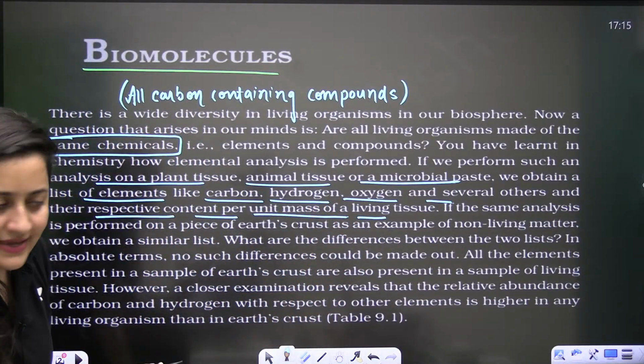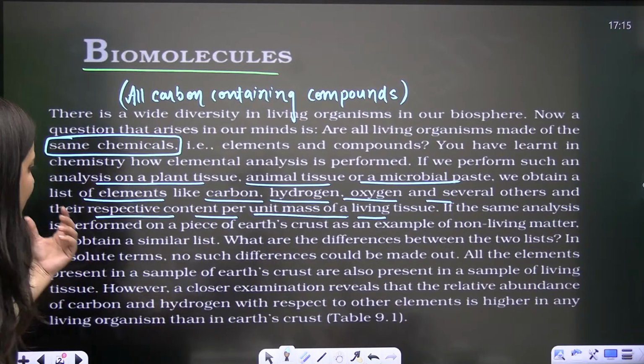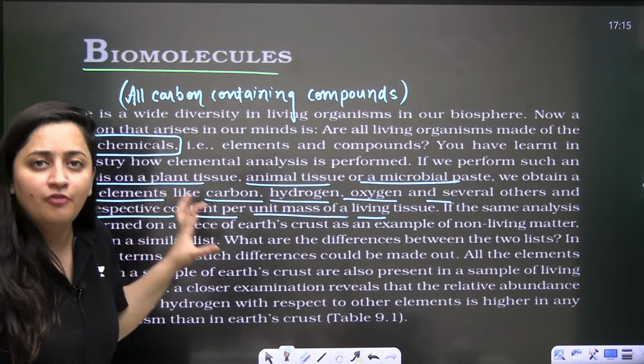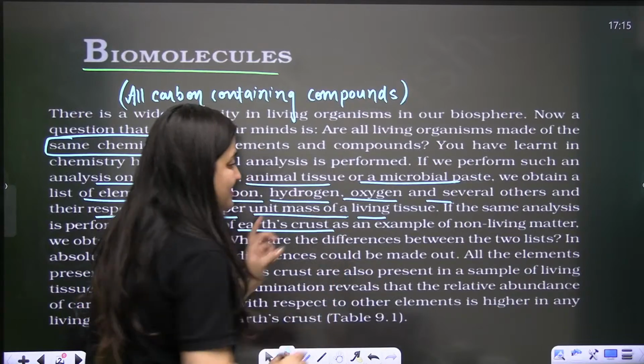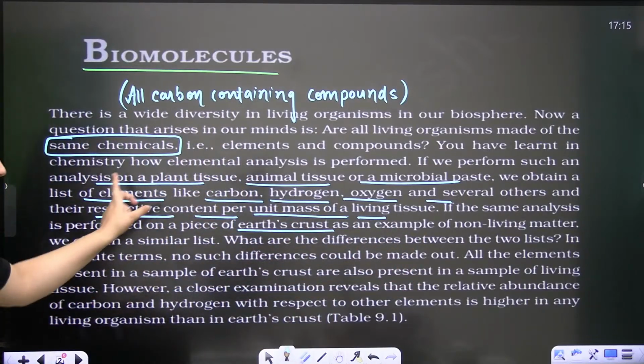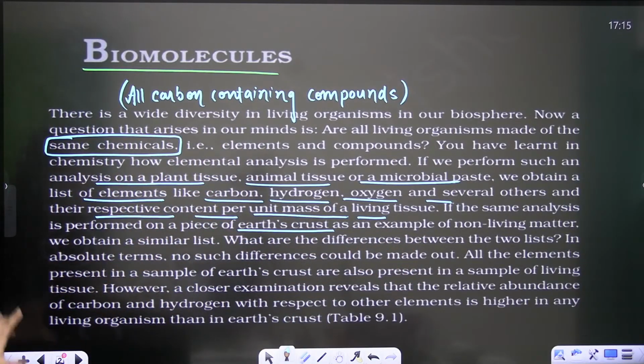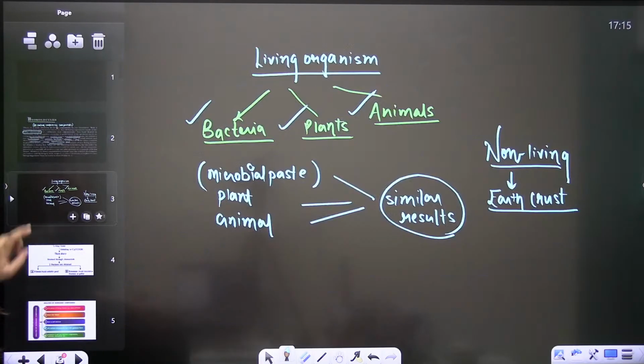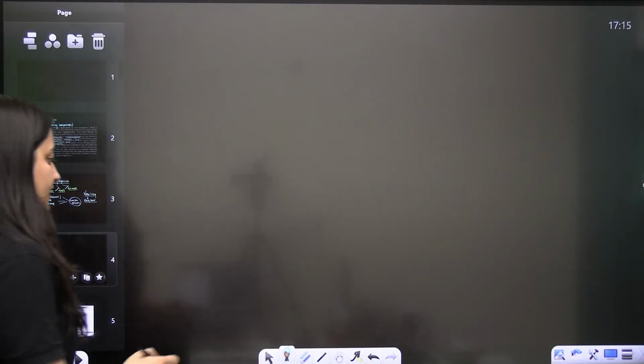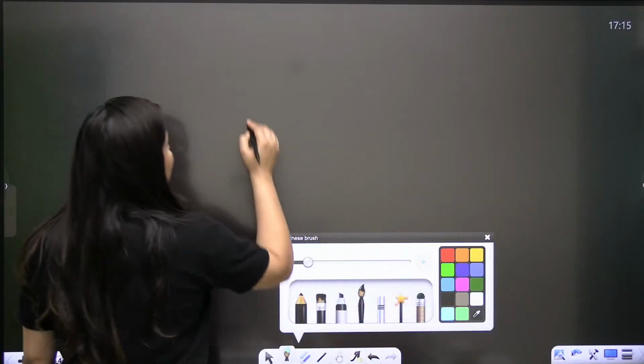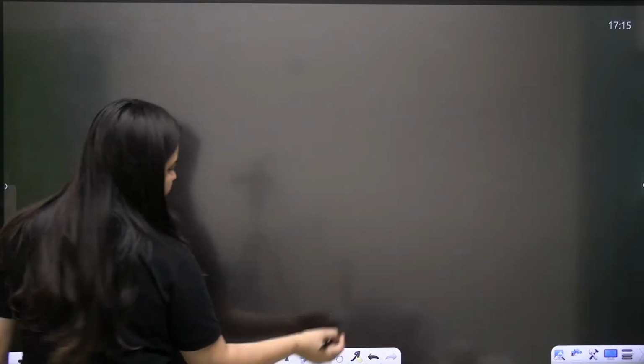Any doubt here? The same analysis, when you perform it on the earth's crust, which is non-living, again a similar list is obtained. A similar list is obtained. Now, in the biomolecules,